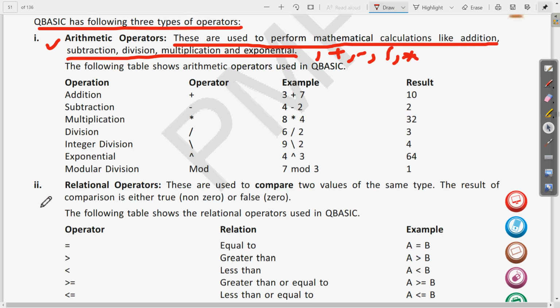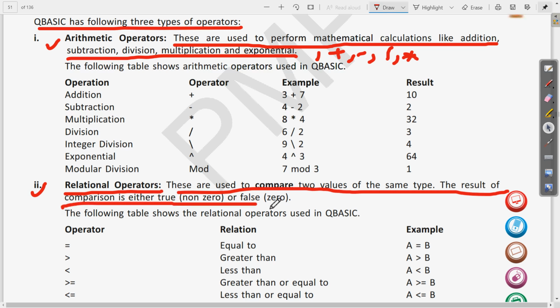Now next is relational operator. So second, among the three types of operator in QBasic, we write relational operator. These are used to compare two values of the same type. The result of the comparison is either true or false.